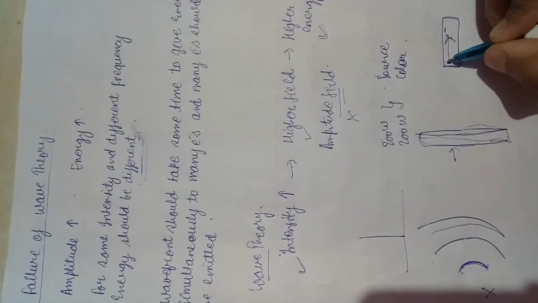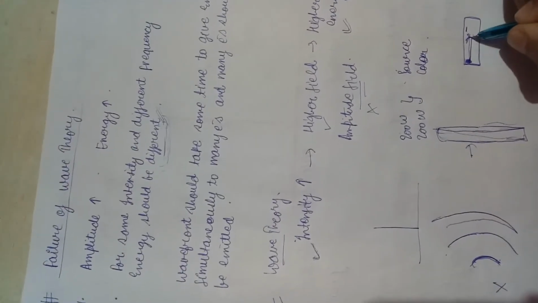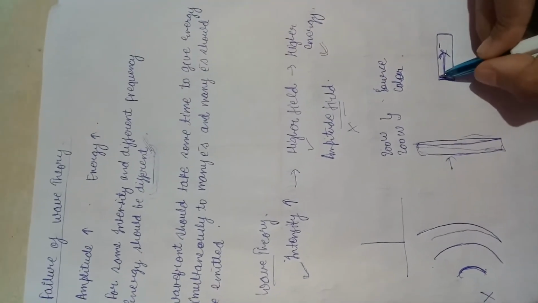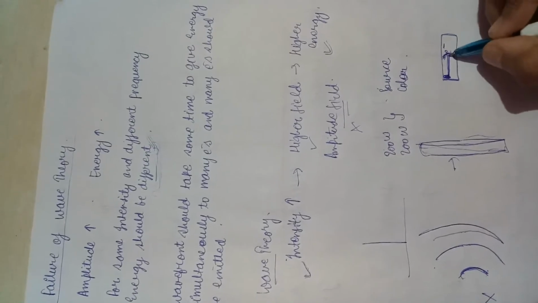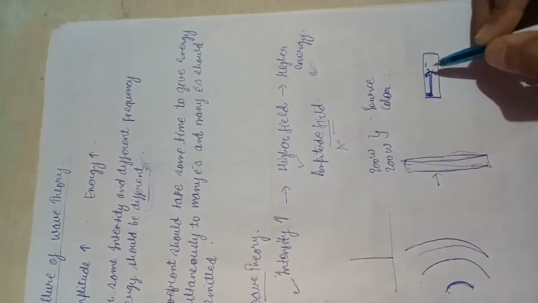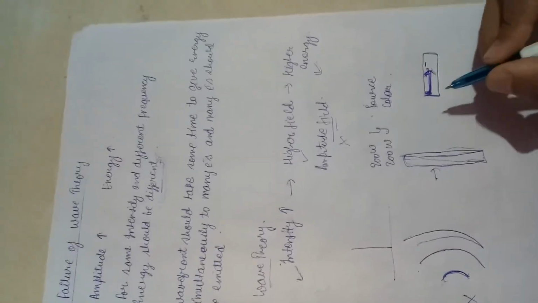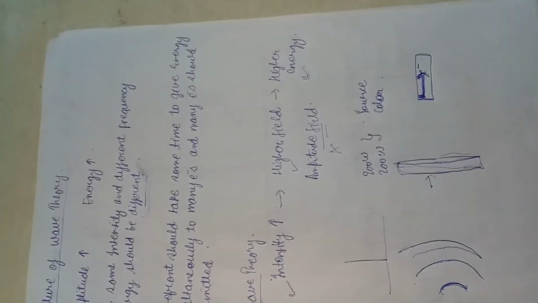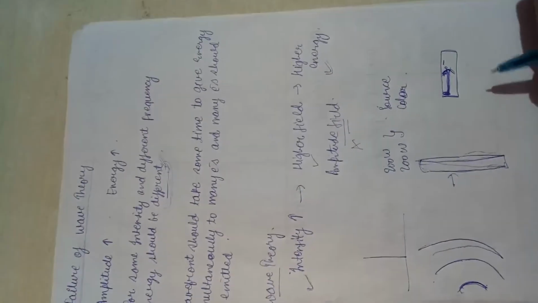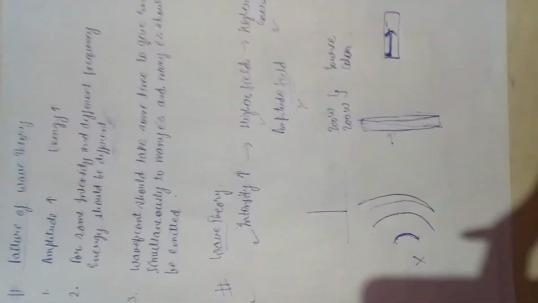What is happening is that a photon of a particular energy strikes the metal surface at a particular point, and it does not take time. There is no time lag between the striking of the photon and the emission of the electron. This is a spontaneous process. The electron is emitted immediately when the energy of the striking photon overcomes the threshold frequency, meaning it is more than the work function of the electrons. So these were the failures of wave theory.